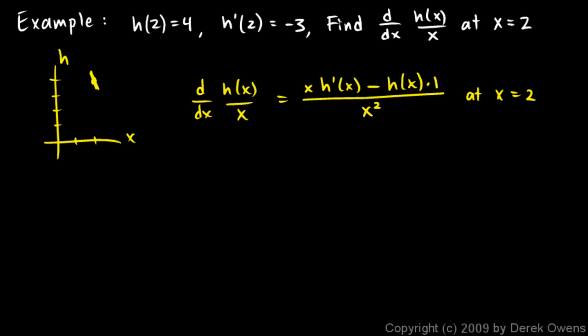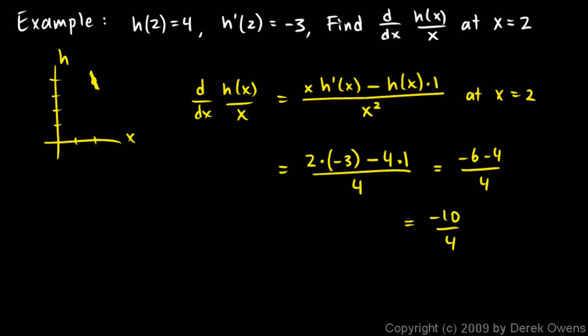So I can just put in these numbers and do the calculation. x is 2, h prime of x is negative 3, so 2 times negative 3 minus h of x, and x is 2, h of 2 is 4, minus 4 times 1 over x squared, and x is 2. So that's over 4. So this works out to negative 6 minus 4 over 4, which is negative 10 over 4, or